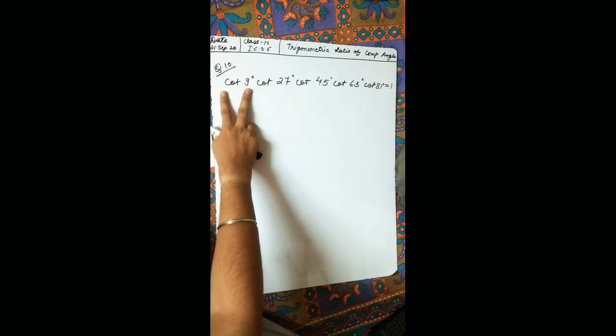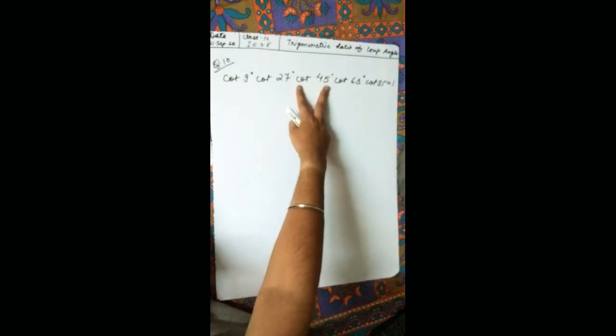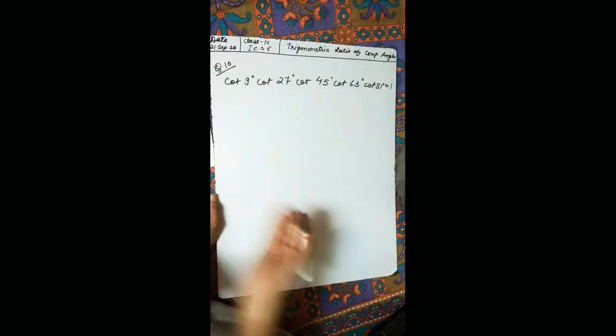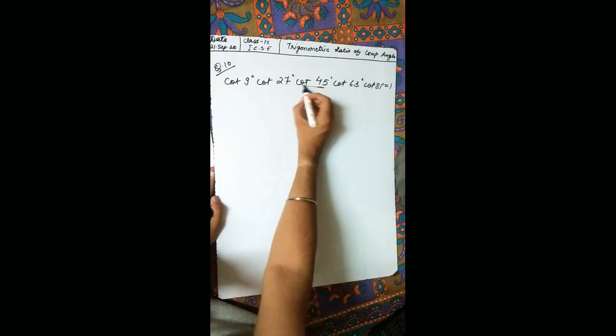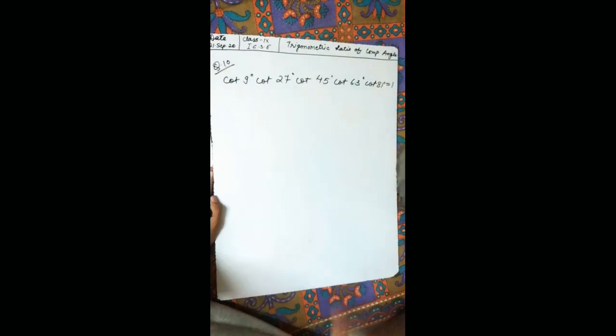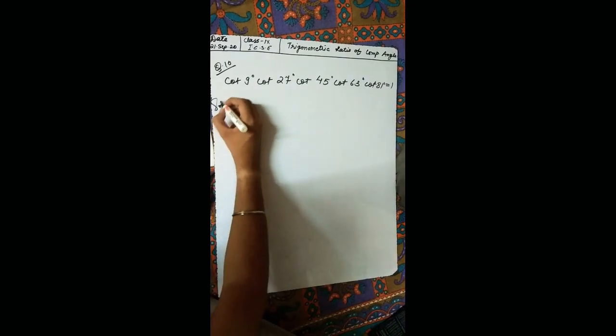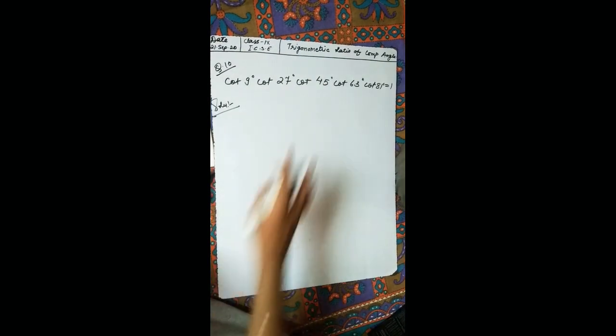Okay, let us come to the 10th question. So it says we have to prove cot 9 degree into cot 27 degree into cot 45 degree into cot 63 degree into cot 81 degree is equal to 1. So in such type of question, first of all, you just see that can you put any of the value from it. So as we know of the 45 degree, for cot 45 degree, we can put the value. What is tan 45 degree? 1. So cot 45 will be 1 upon 1, that is 1 only. So we are starting the solution as we know the value of this cot 45. Let us put.